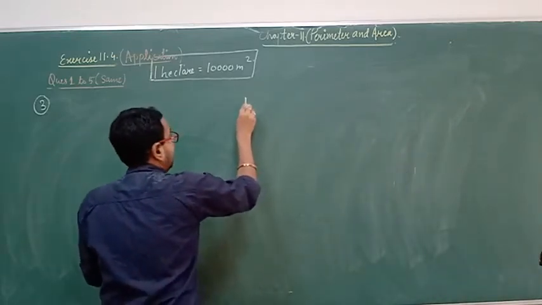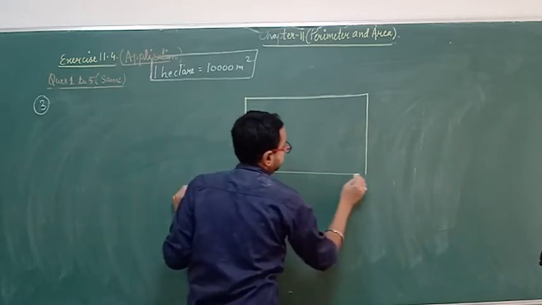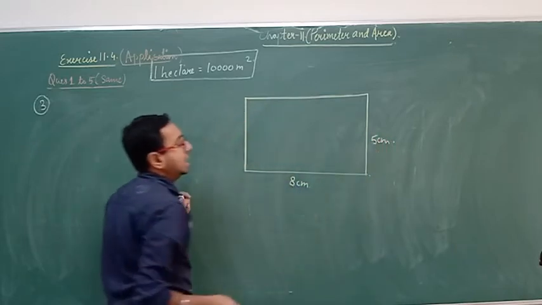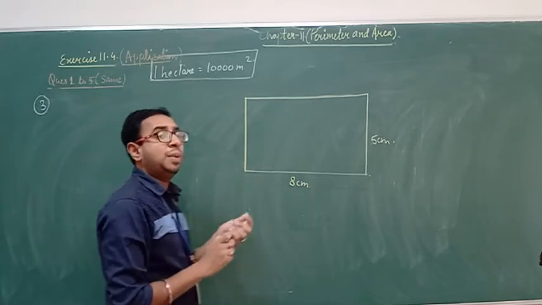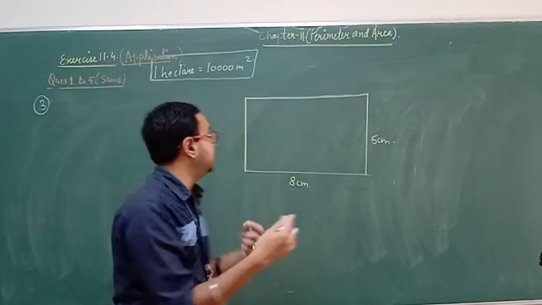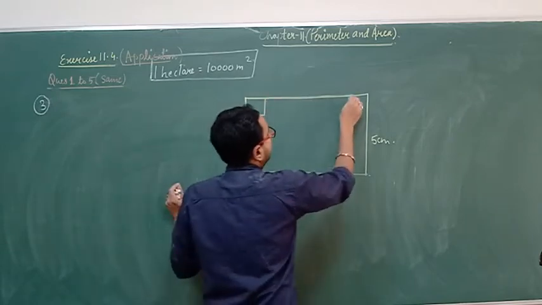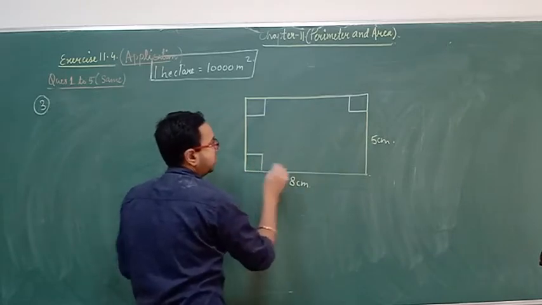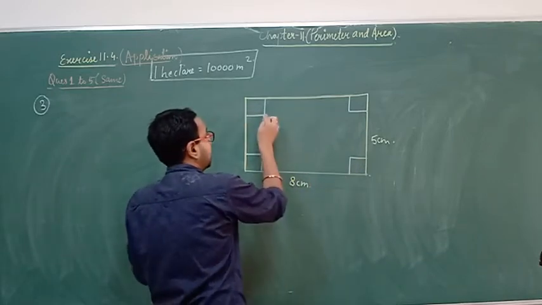Understand? Again, we are having a cardboard, 8 cm and 5 cm long. Along this, a margin of 1.5. See, whenever we paint the cardboard, we always include the margin inside it, not the outside. So we'll include the margin inside. Like how? 1.5 from here, 1.5 from here, 1.5 from each side. Now, just match.